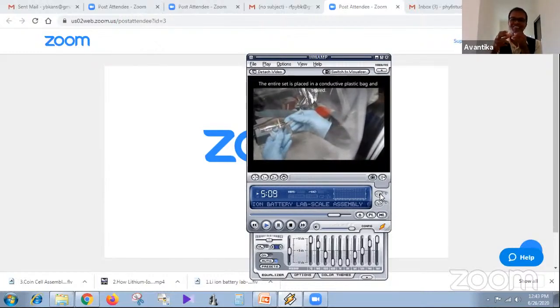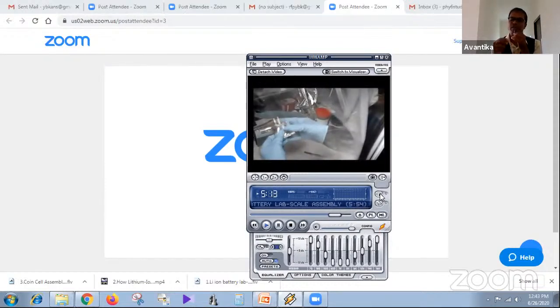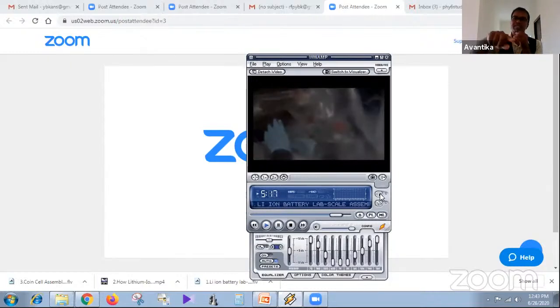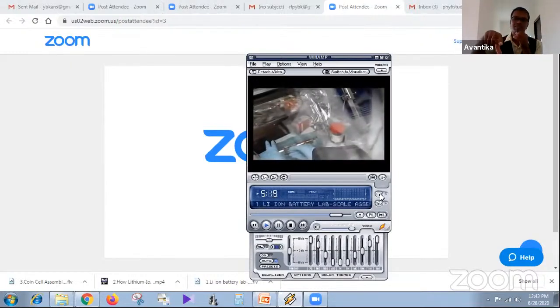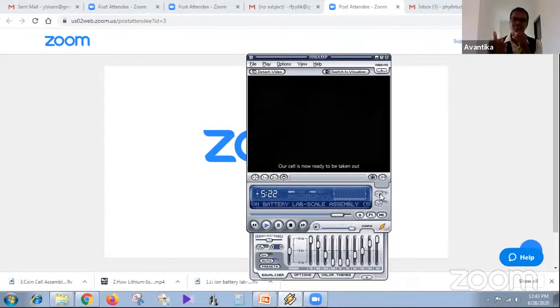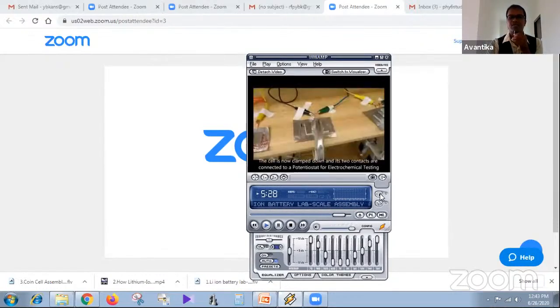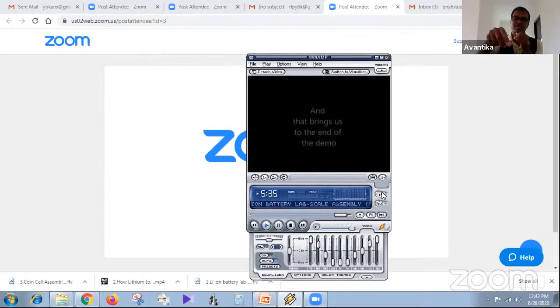So for seeing, it is very easy. For looking wise, it's very easy. But really, for preparing, it's very, very tough because it is happening inside the glove box. Okay, I will show you the full picture of glove box in a later slide. So it is very, very tough to prepare the cell. So after assembling that cell, they can put it for the characteristics testing. This is for testing.